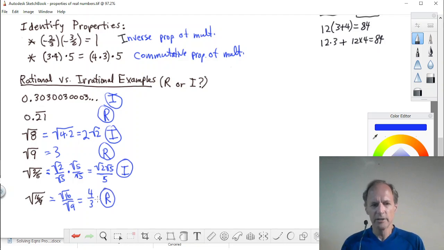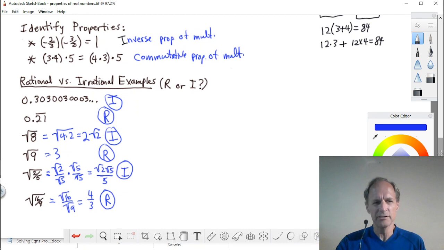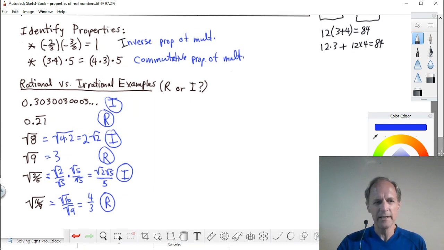Okay, so that's all we're going to look at. This last exercise actually reminded me of something else I'll briefly mention. Where does this word rational come from? Does it mean these are like reasonable numbers, or something like that? It probably really just comes from the word ratio. A ratio is a fraction, right? So these are rational. They can be written as fractions. Irrational cannot. Okay, so